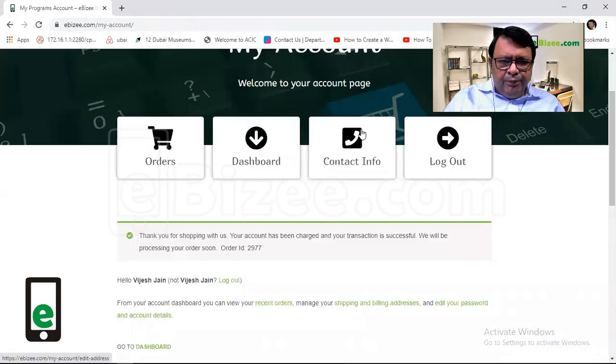Okay. So in this my account page, you have the link for orders, how many orders you have placed in the past. Complete history of the order will be there. You can even download your receipt from here. Then you have another link which takes you to your dashboard, and then you can check your contact information which you have filled. If there is any discrepancy in the contact information, you can modify from here, and then you have got a logout link. You can log out from the account,